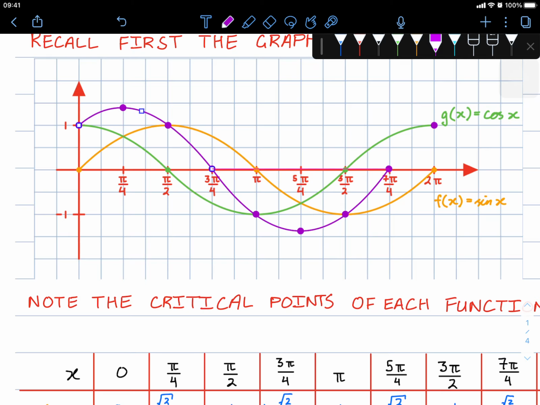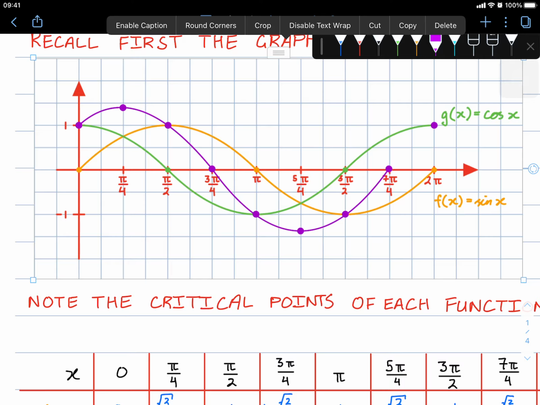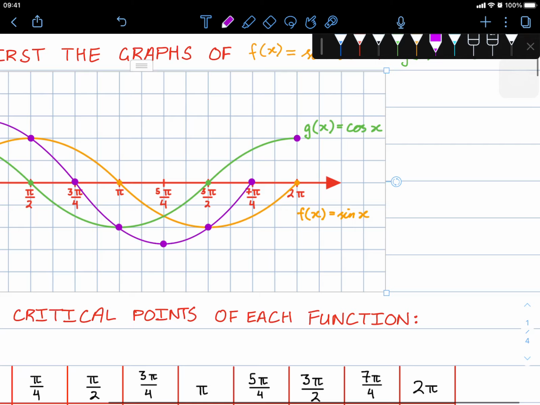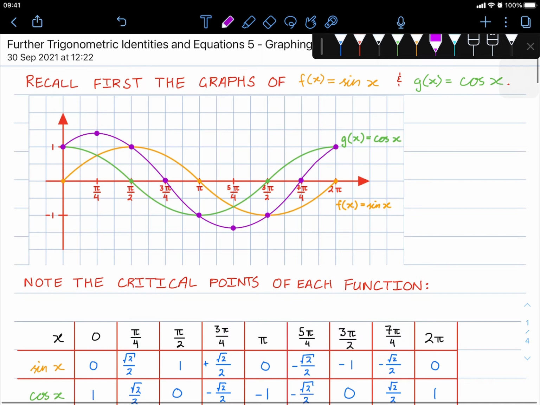Something like that. As for this, that's not enough points. I'm just going to try and curve it as best I can. There we go. So that there in purple is the sum of f of x plus g of x, or